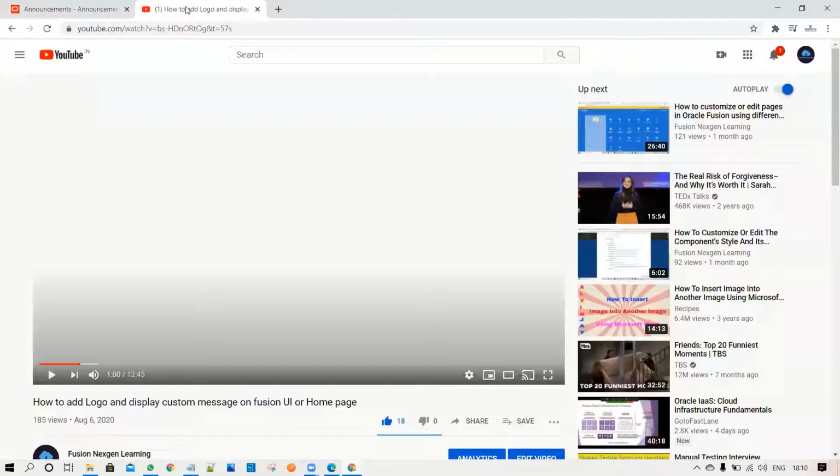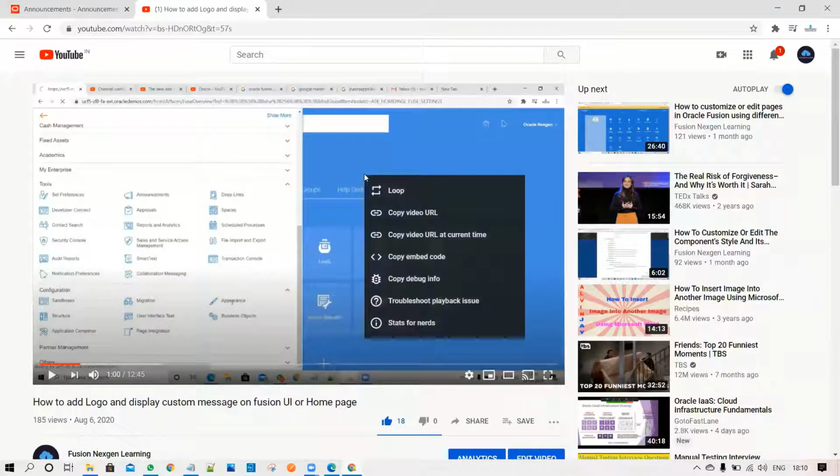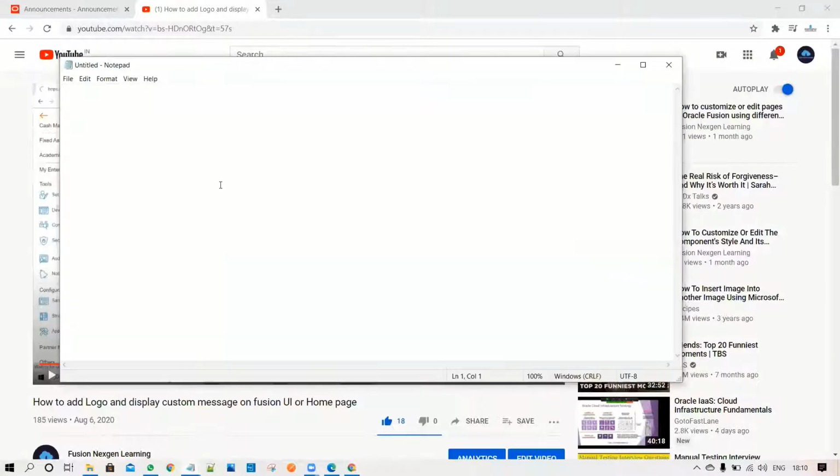So let's move. So you can see the channel, one of the YouTube videos. Just right click and copy video URL. After that, you just open the notepad and paste it. You can see after HTTPS colon forward slash forward slash youtu.be forward slash, the video ID. So you have to copy this